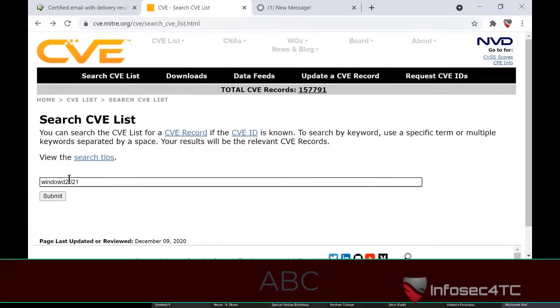Nessus will update itself with the vulnerabilities automatically. This is one of the benefits of it. So it usually will have this list of CVEs updated in its database. Okay, but let's assume that a critical announcement was